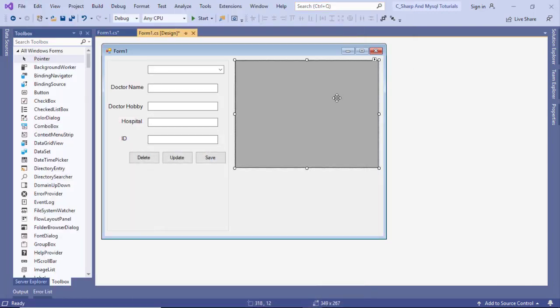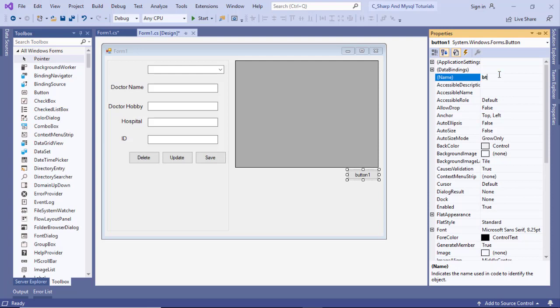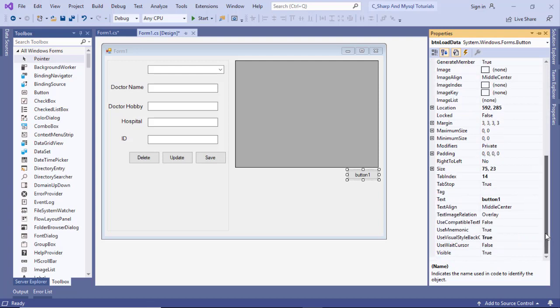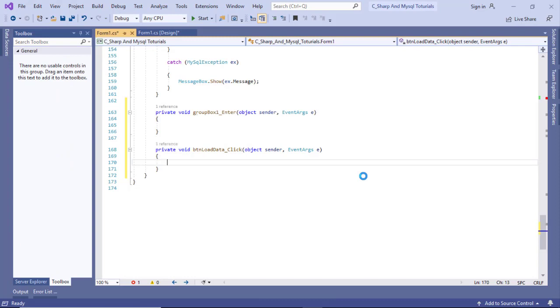So how do we get our database values into our Datagridview? You can add a button and let's give a button a name for easy referencing. It's btnLoadData with no space, please. Okay, and the text should be Load. Okay, now we're having this. Double click on it and